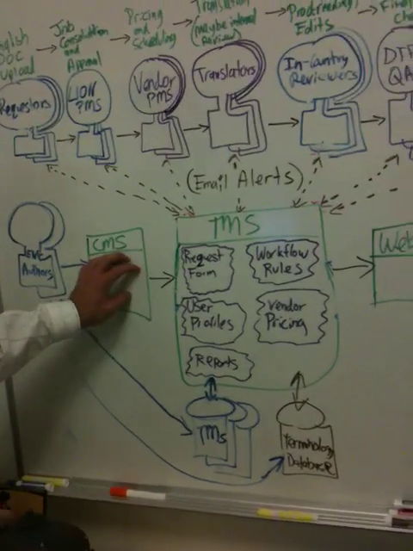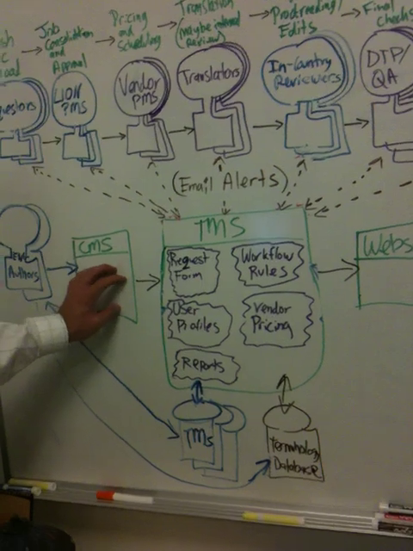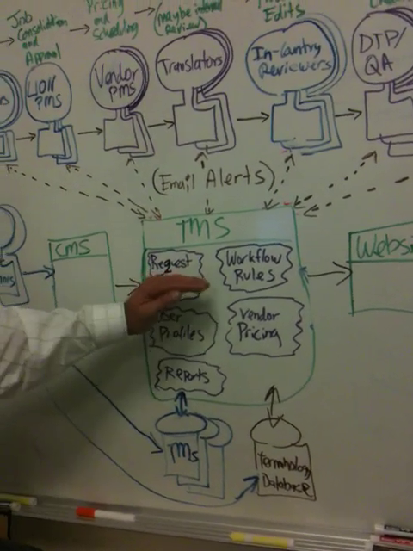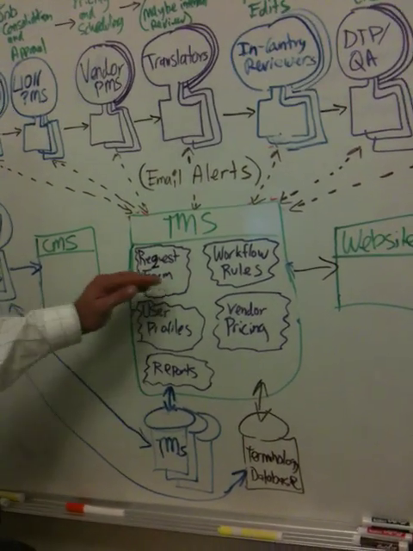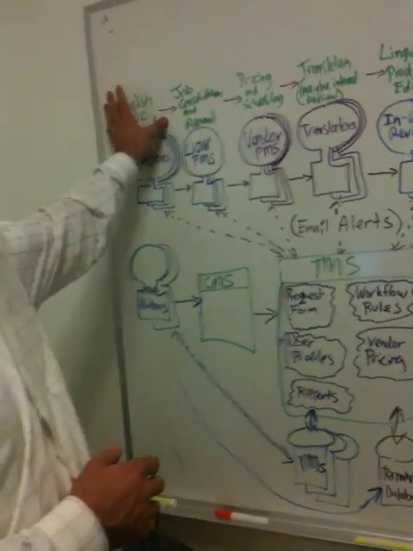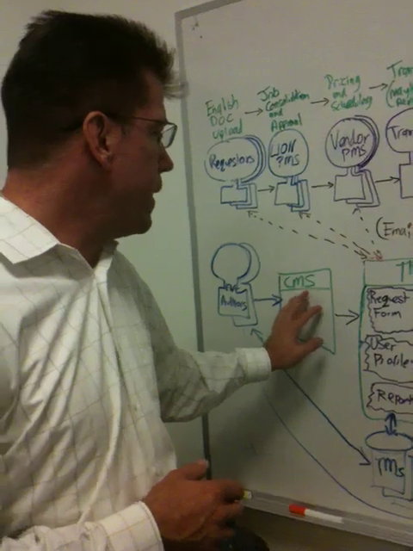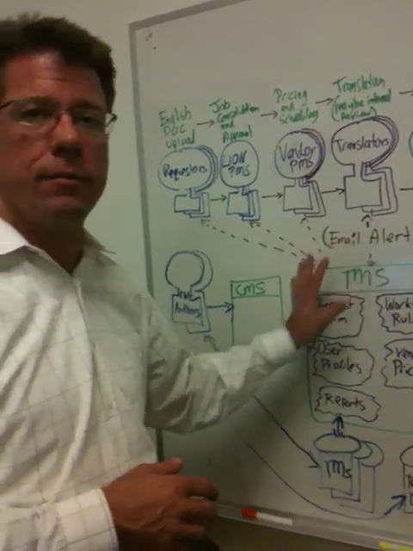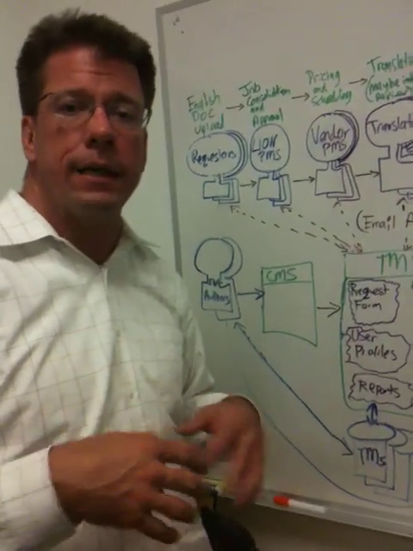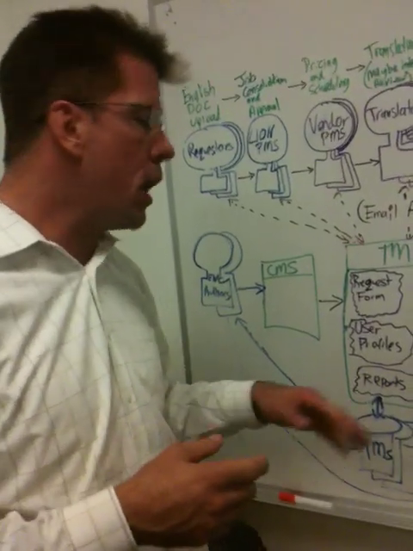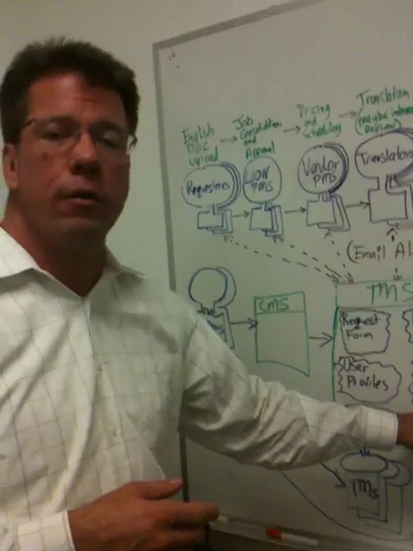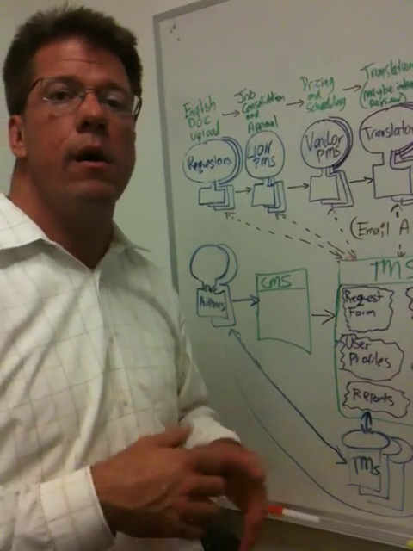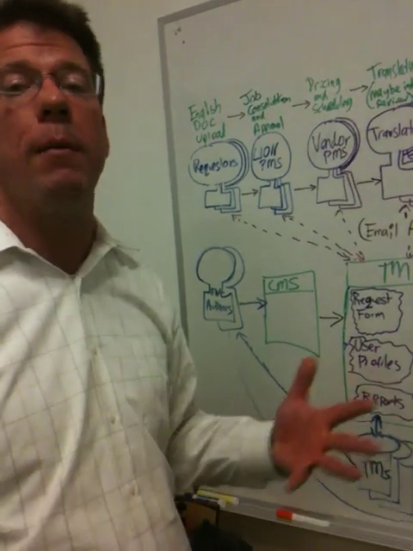And once the content is there, and this could be a web content management system, there's a possibility to actually activate and directly pass files to the TMS. There doesn't have to be this manual upload process. And the other thing that is great is that we get, with the translation management system, real-time pricing. We know exactly how much stuff is going to cost because we have all of the vendor prices loaded into the translation management system. So we know every time we start a translation job how much it's going to cost